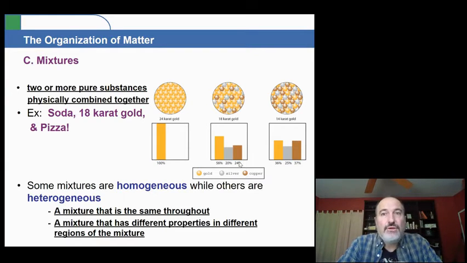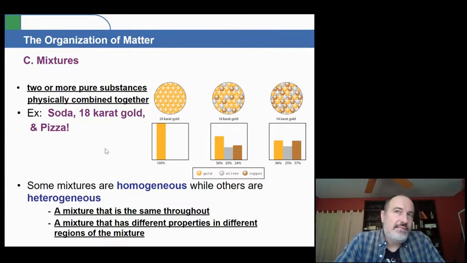The lower the karat of the gold, the less actual gold you have. 14 karat gold, believe it or not, is actually mostly copper. Crazy, right? And then 10 karat gold has very little gold in it at all. So you want to be careful. 10 karat gold might actually turn your skin green because that's the copper oxidizing. So you want to be careful about getting too cheap of jewelry. All right, so anyways, moving right along.